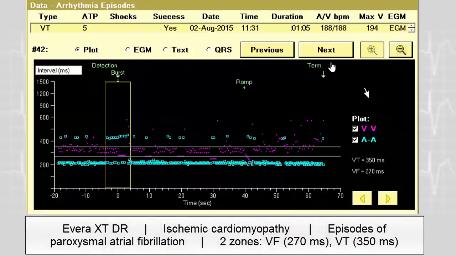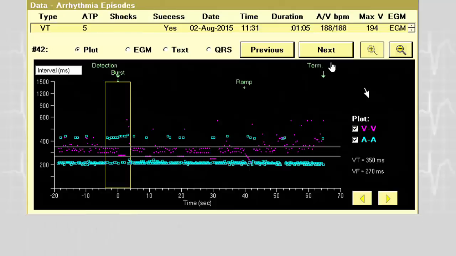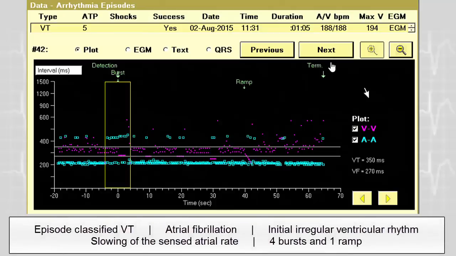This is now the same patient with, remember, episodes of atrial fibrillation diagnosed with the PR logic or with the wavelets, and we could find in the memory of the device an episode classified VT requiring 5 sequences of ATP. You can see here the burst and a ramp. And if you look carefully at the tracing, you can see that initially this is really in favor of conducted